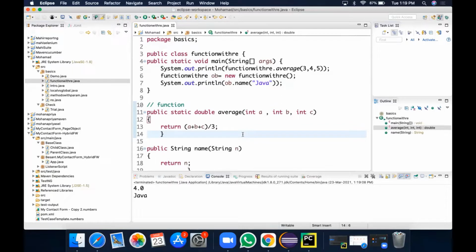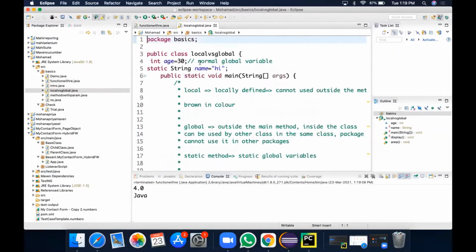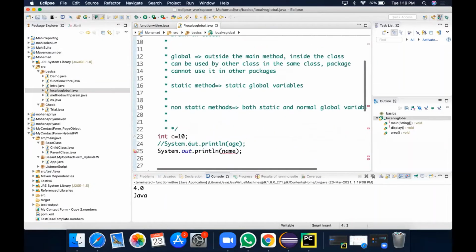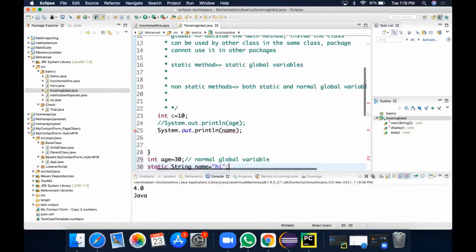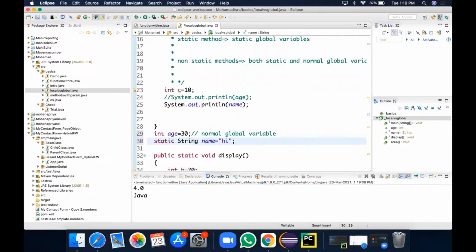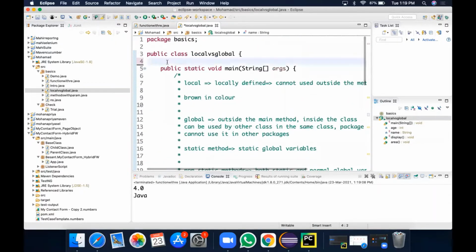What's your doubt now? From yesterday's lesson, when we define the global variable, we gave it outside the main method, right? Instead of giving it after the class here, can we give it after the main method? Yeah, you can give it after the main method. It has to be outside the main method, inside the class, wherever you can. It is not necessary that you have to give only here. If I give it like that, it will be easy to identify. That's why we are having it.